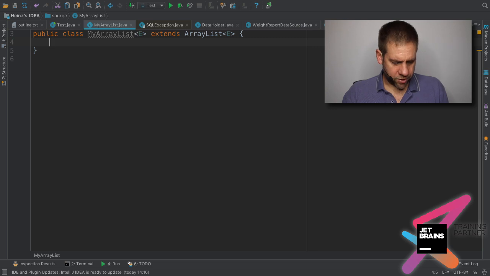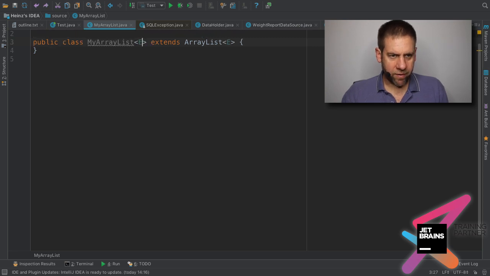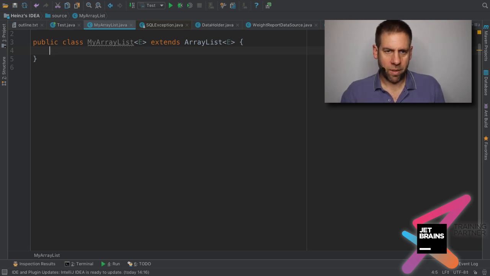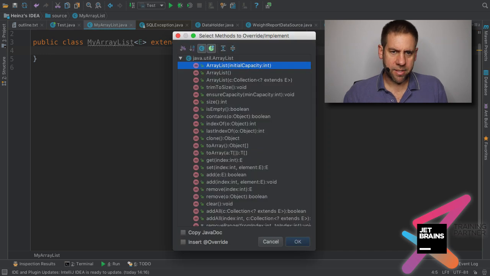Now, I don't know if you saw that. I was sitting over here and I wanted to go to the next line, so I just press Shift Enter. And remember, we did this before. If you're in the middle of a code block, it jumps into the next line in the right position as well. And now if I want to override a particular method, I can say Command O,